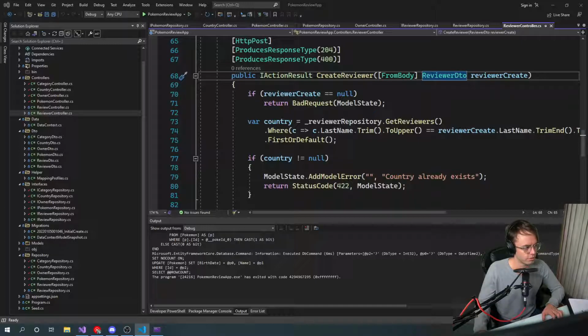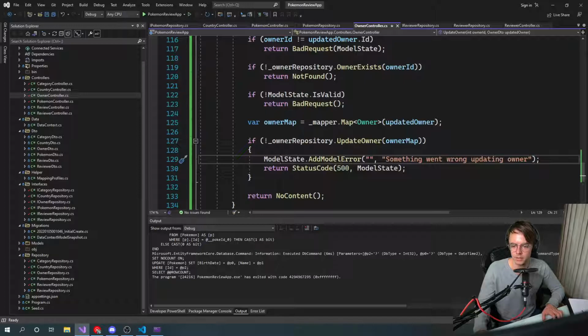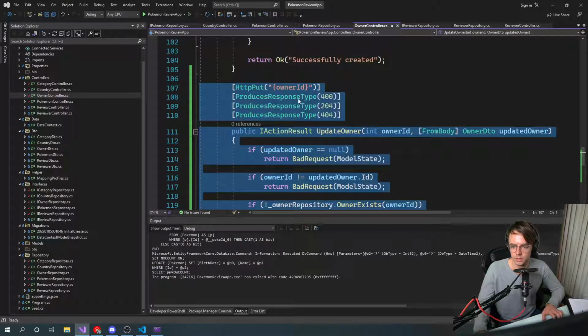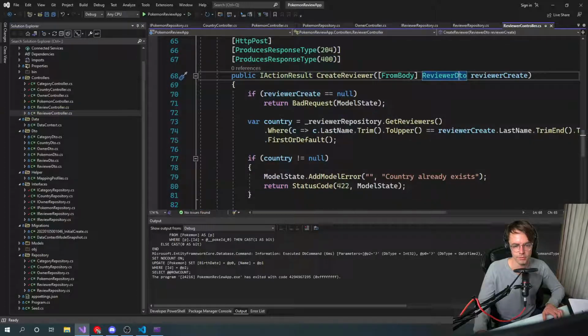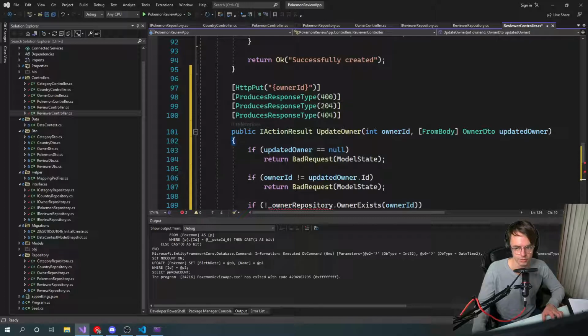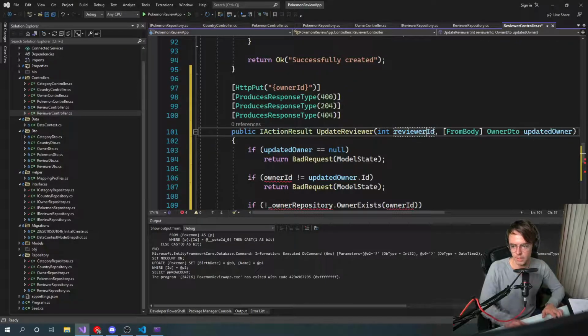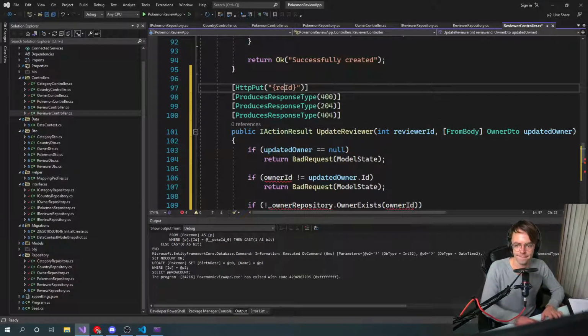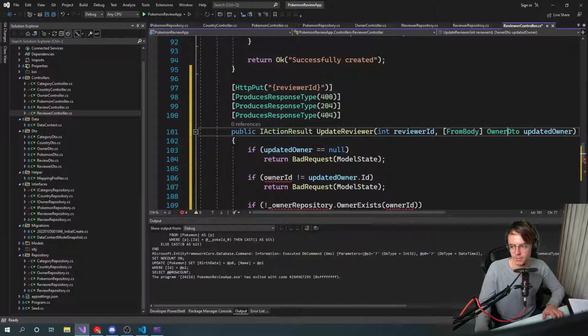And we can just go in and copy the reviewer from the owner ID controller. Since the reviewer controller isn't terribly complicated, the Pokemon controller is very complicated, but this one's not really. So we're going to go update reviewer, int reviewer ID, reviewer ID, reviewer DTO,